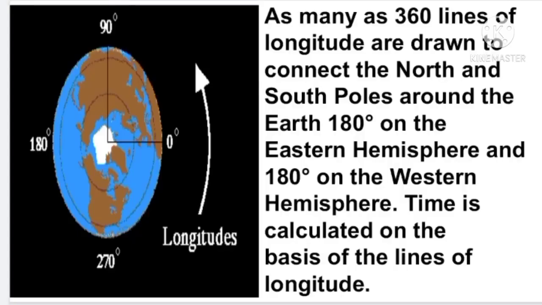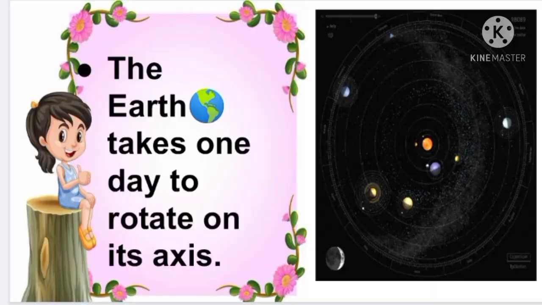Students, the longitude and latitude are the imaginary lines that circle the earth. They are used to exactly pinpoint where a person or object is located. These lines are located on maps and measured in degrees. Each degree is divided into 60 minutes and each minute is divided into 60 seconds. Let's see one by one the facts about the longitude and time.